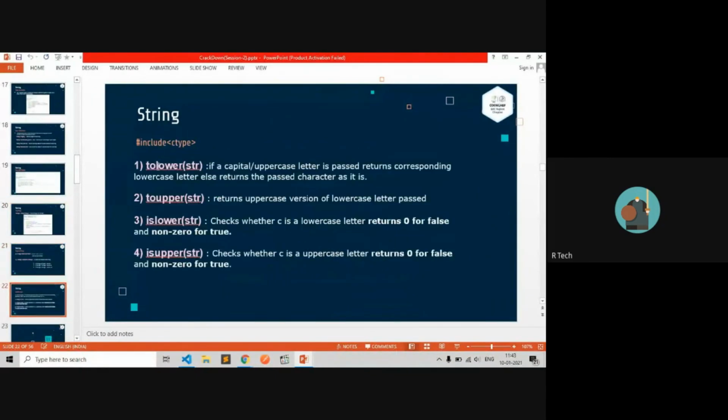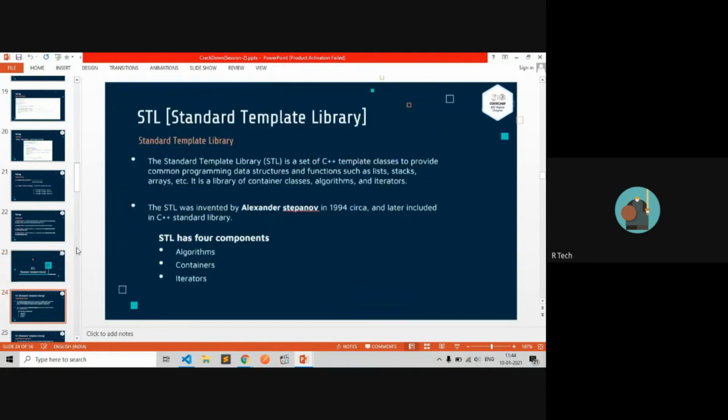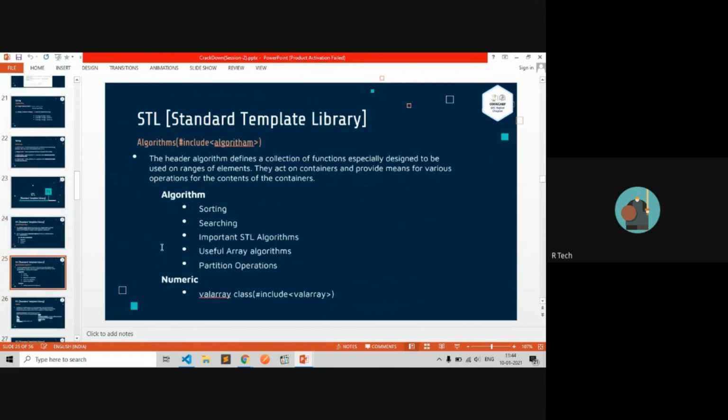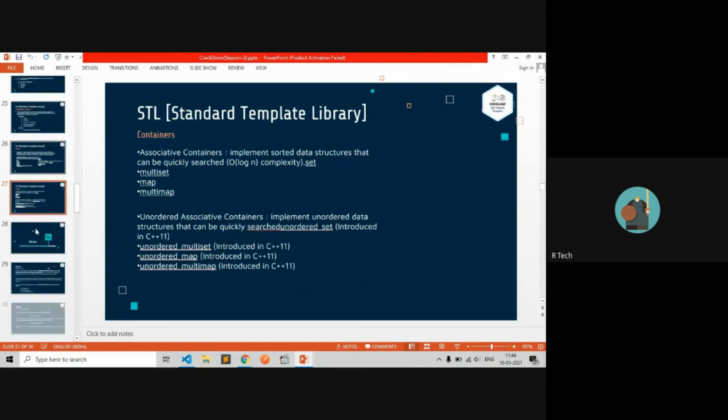Also, these are the functions to convert lower to upper. Then the standard template library, a collection of standard libraries for major operations like algorithms, containers, iterators. Then there are operations like sorting and searching. This is the use of the standard template library.